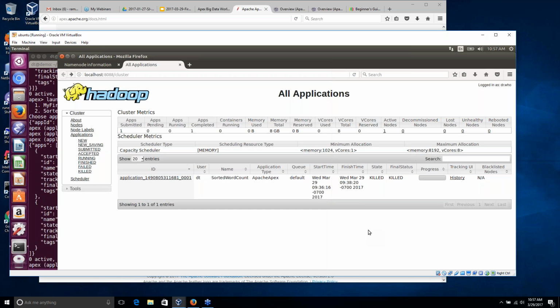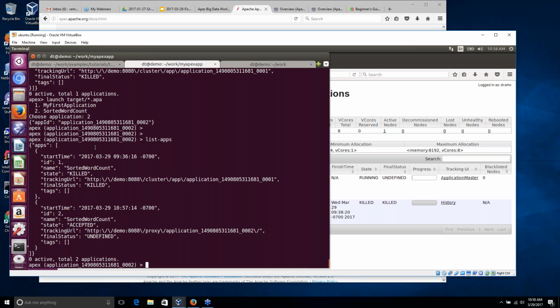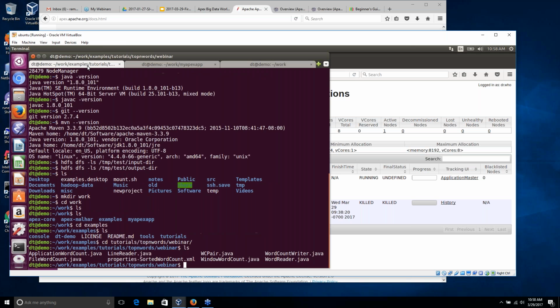So if I now go back here to the Yarn console and refresh the page, I should see that application as well. So I just refreshed it, waiting for the results to display. Okay, here it is. The application with _002, it shows you that the state is running. So our application is running. Okay, so now what we need to do is go back to this tab